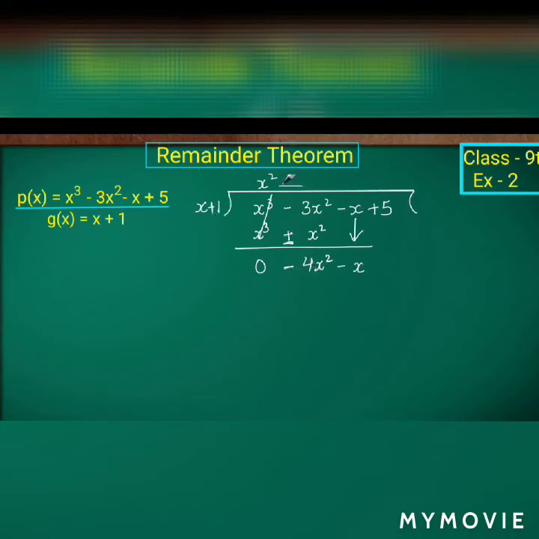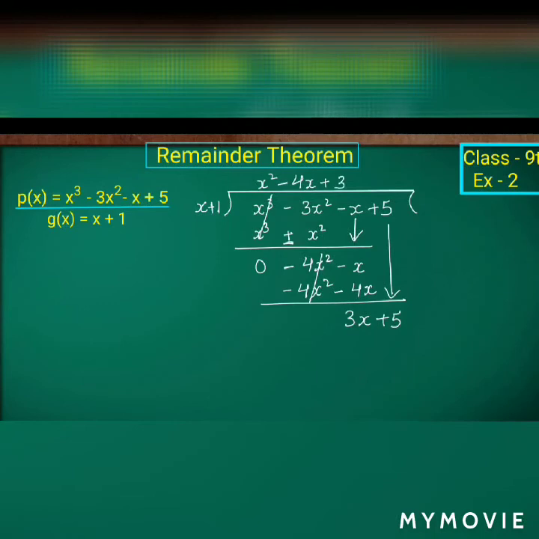So to get minus 4x square, what do I have to multiply with x here? Minus 4x, isn't it? Minus 4x into x gives minus 4x square. Minus into plus is minus, so 4x into 1 is 4x, isn't it? So here minus 4x square and plus 4x square will get cancelled. Don't get confused that I said plus 4x square, because minus is going to change to plus. So plus 4x minus 3x gives plus 3x, isn't it? The next thing I am going to take as the next term, that is plus 5.